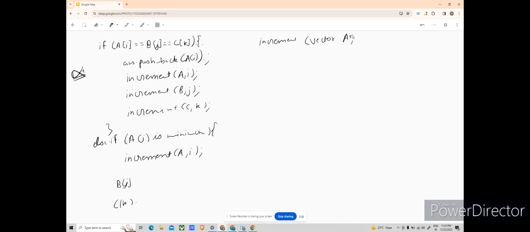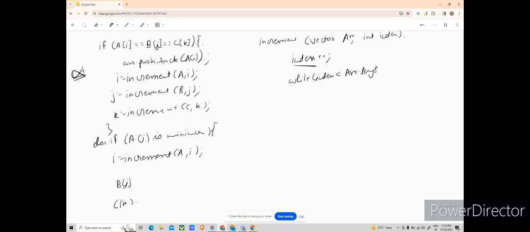We are taking a vector as an input, vector ARR, and an index. What we are doing is, first, index plus plus. Here it is i equals, j equals, k equals, or you can send them by reference. Okay, what we are doing, index plus plus, then while